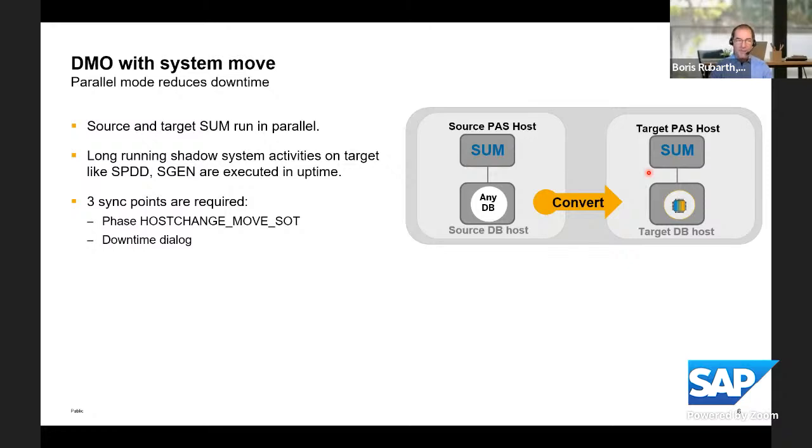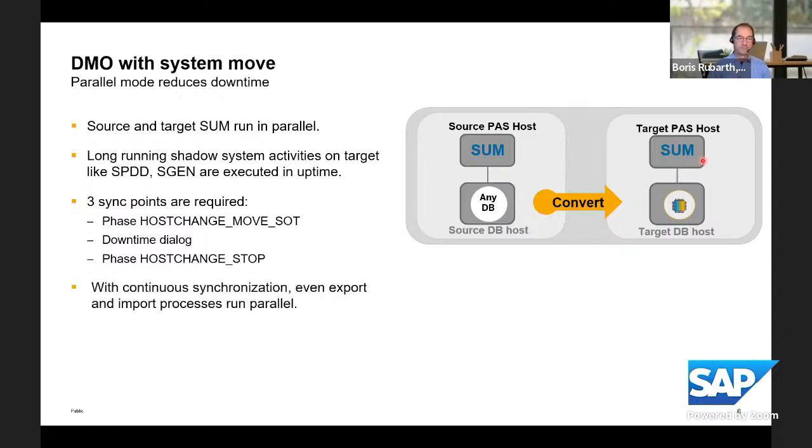preparing everything. And then at a specific phase, we will see this on a later slide, you decide to enter the downtime. You let the software update manager execute everything that is still required in the source. And then you do the last copy from source to target. And then the software update manager can execute here what's to be imported into the target database. So there are 3 points where you manually copy from source to target, but the elegant, the nice feature of